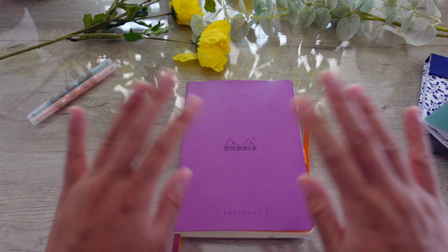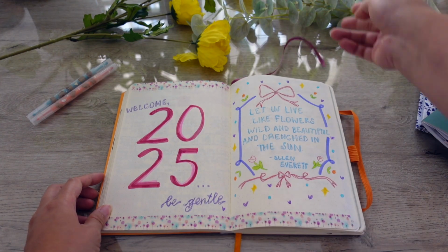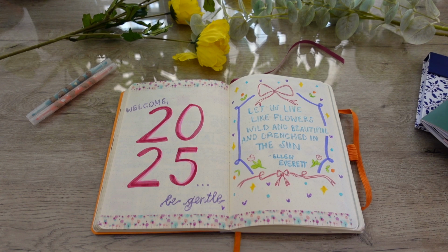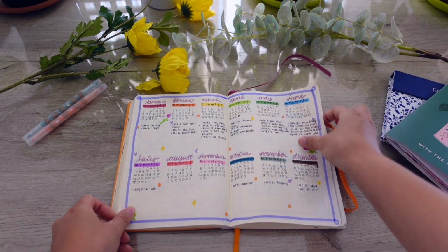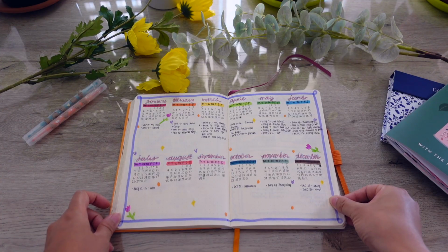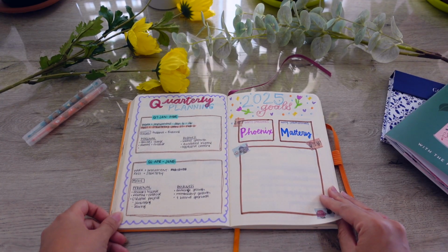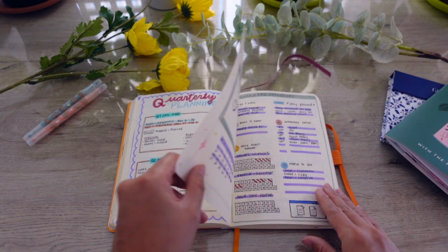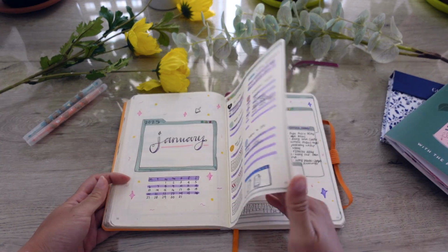So we are using the Rhodia Goalbook in this beautiful purple color. This is the first time that I'm using a Rhodia Goalbook, and in the beginning I didn't really like it, but now I'm kind of obsessed with this book. So in the beginning of my bullet journal, I have set up my cover pages, my future log. Here I have quarterly planning and my 2025 goals, and then we jump right into January, and January's theme was